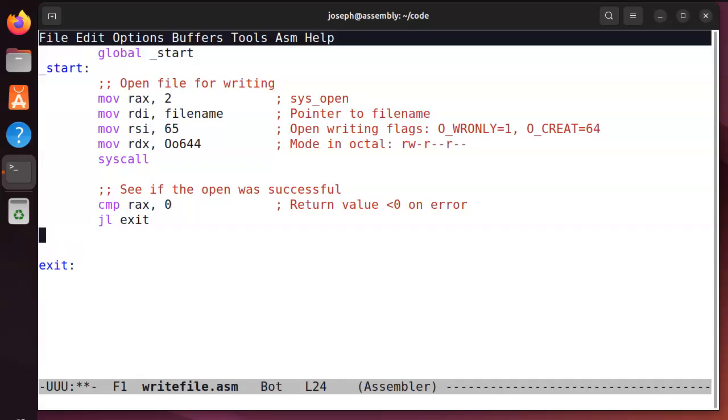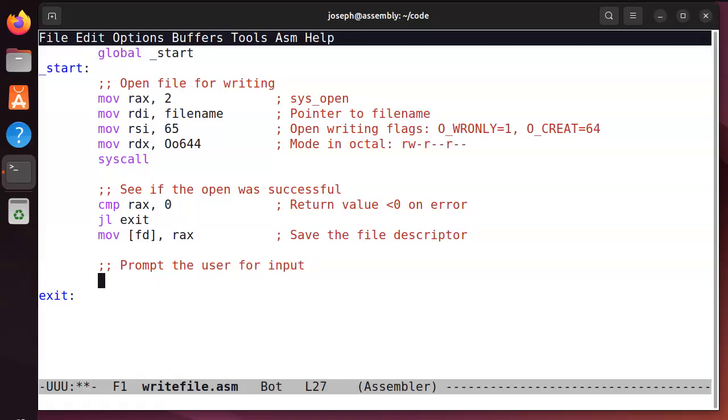All right, if we don't exit, we know that it was successful and we have a file descriptor. So we move our file descriptor into the file descriptor variable. So that's RAX to save the file descriptor. All right, next I want to prompt the user for input. So we want to display the prompt we created at the top, which was in prompt, and there's prompt len